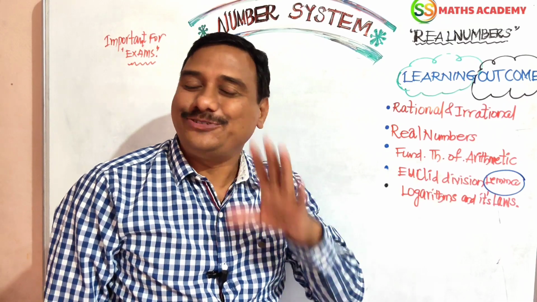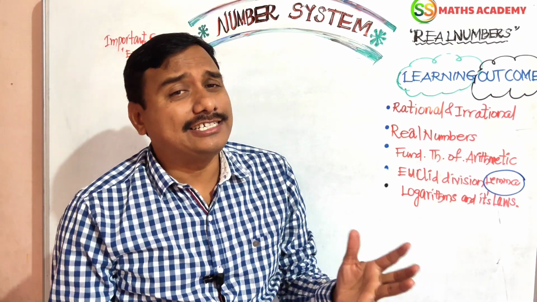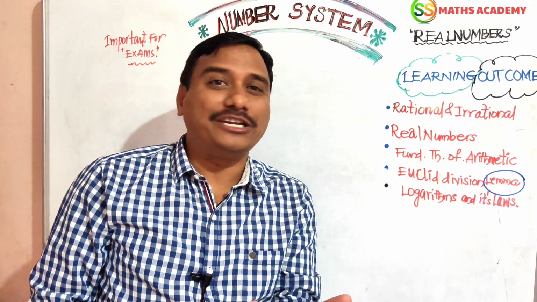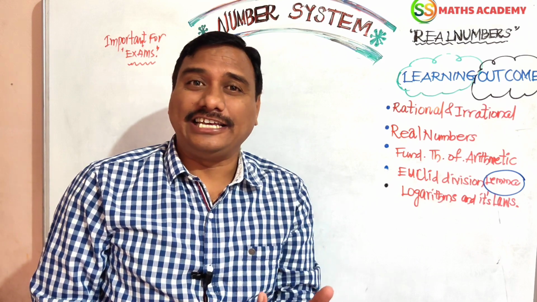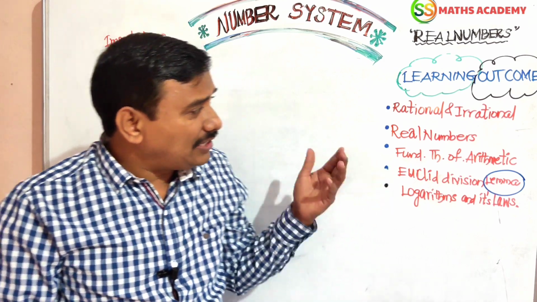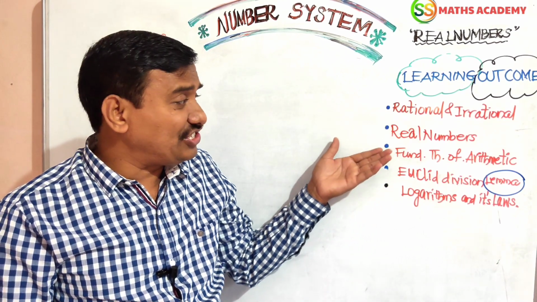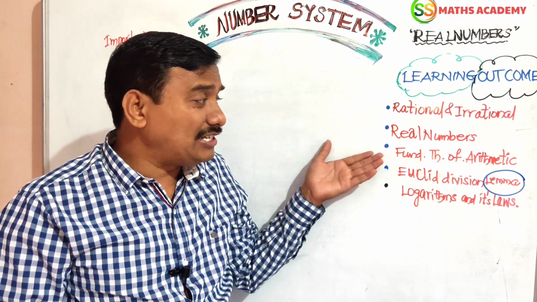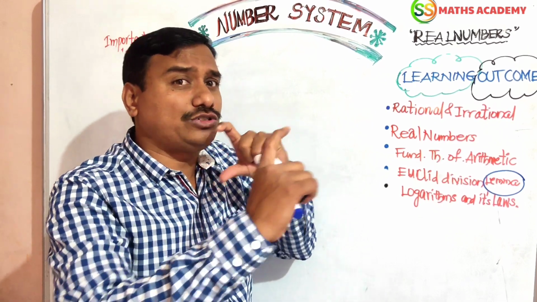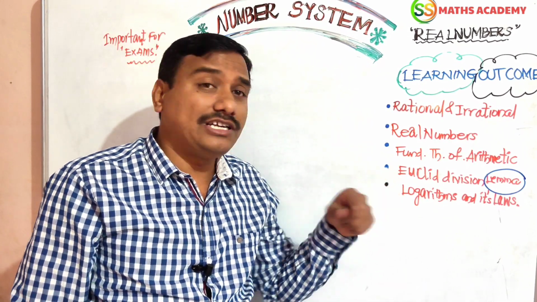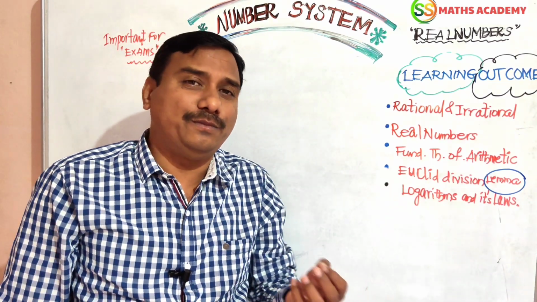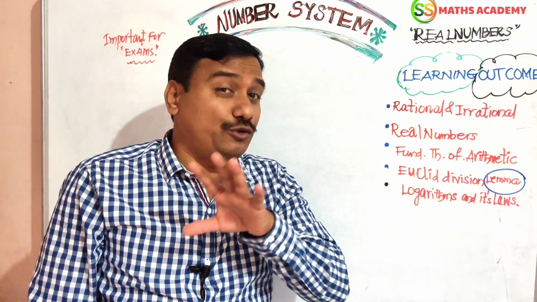You have to understand the introduction of Euclid division lemma, what we discussed in previous classes, the importance of Euclid division lemma, and the basic theme of the fundamental theorem of arithmetic. I explained very clearly. In our coming classes, I will go in order: rational numbers, irrational number representation, real number properties, and the fundamental theorem of arithmetic. That detailed explanation I will give in coming videos. In the next video I will start with questions on Euclid division lemma. I will also complete logarithms in the easiest manner from an examination point of view.